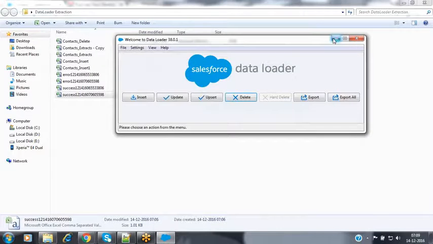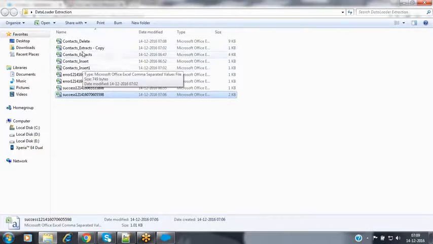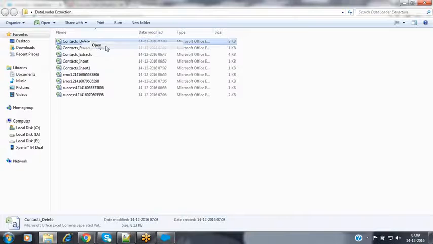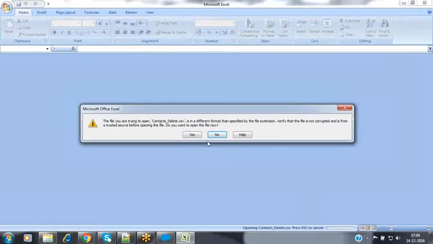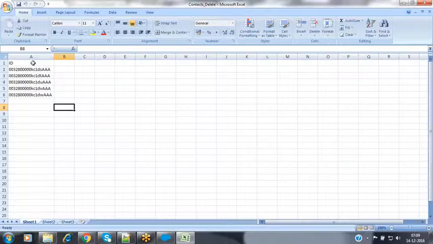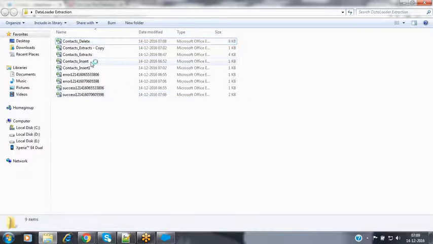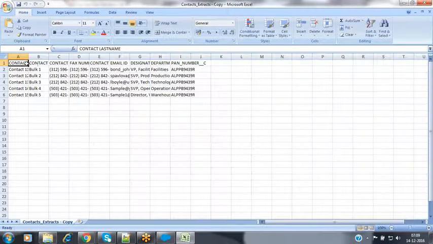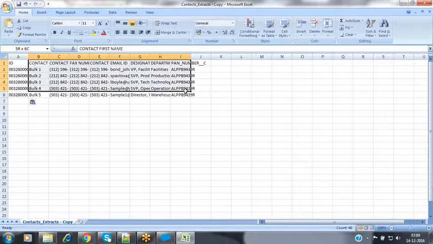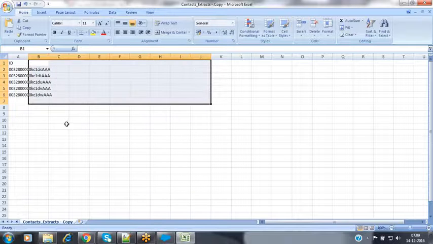Now let's cross check that file. I would like to copy this data. I'm creating that file. Let's open this file. I'm placing it inside this. I'm removing all these columns' information.